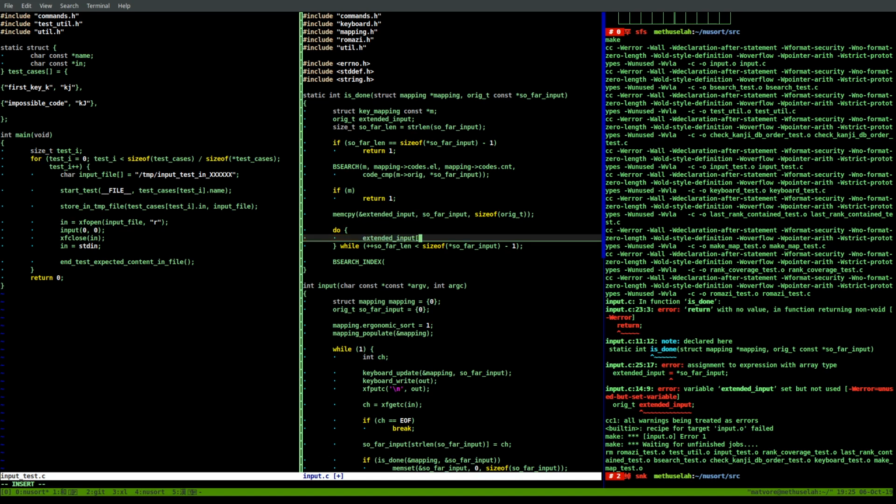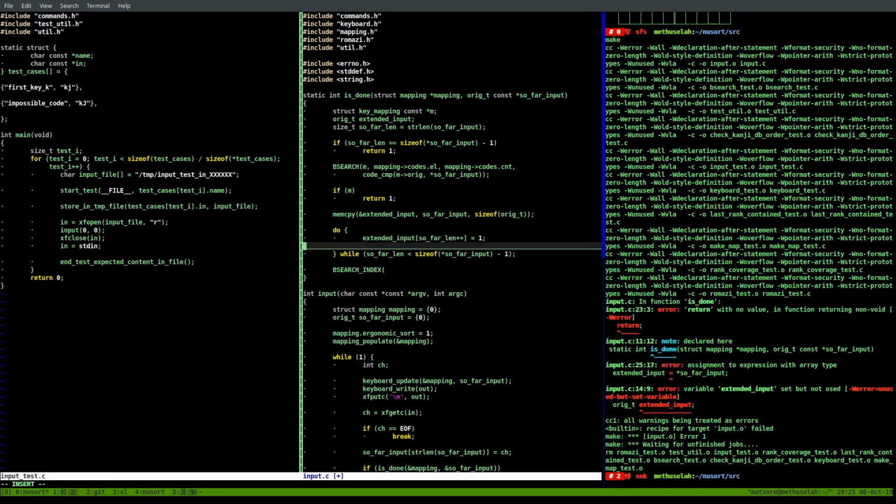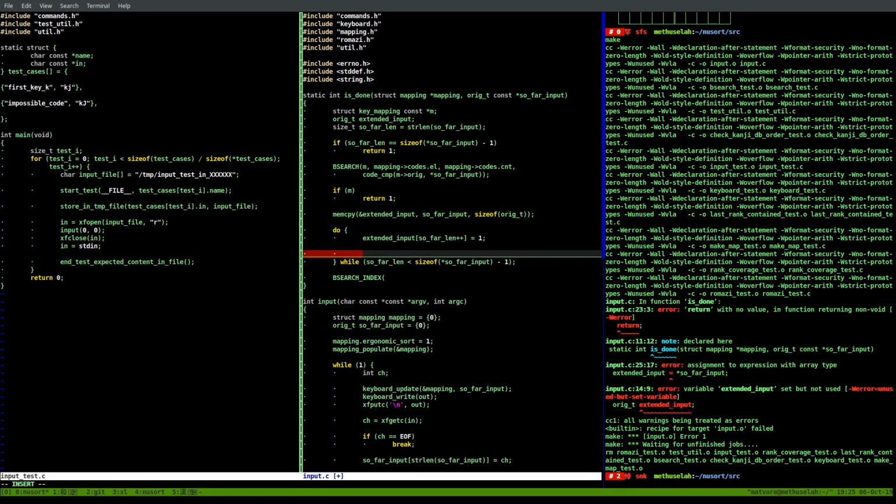Extended input so far len equals 1. And so then that means we're extending the length by 1, right? And I guess we can just increment it here. So then we do a